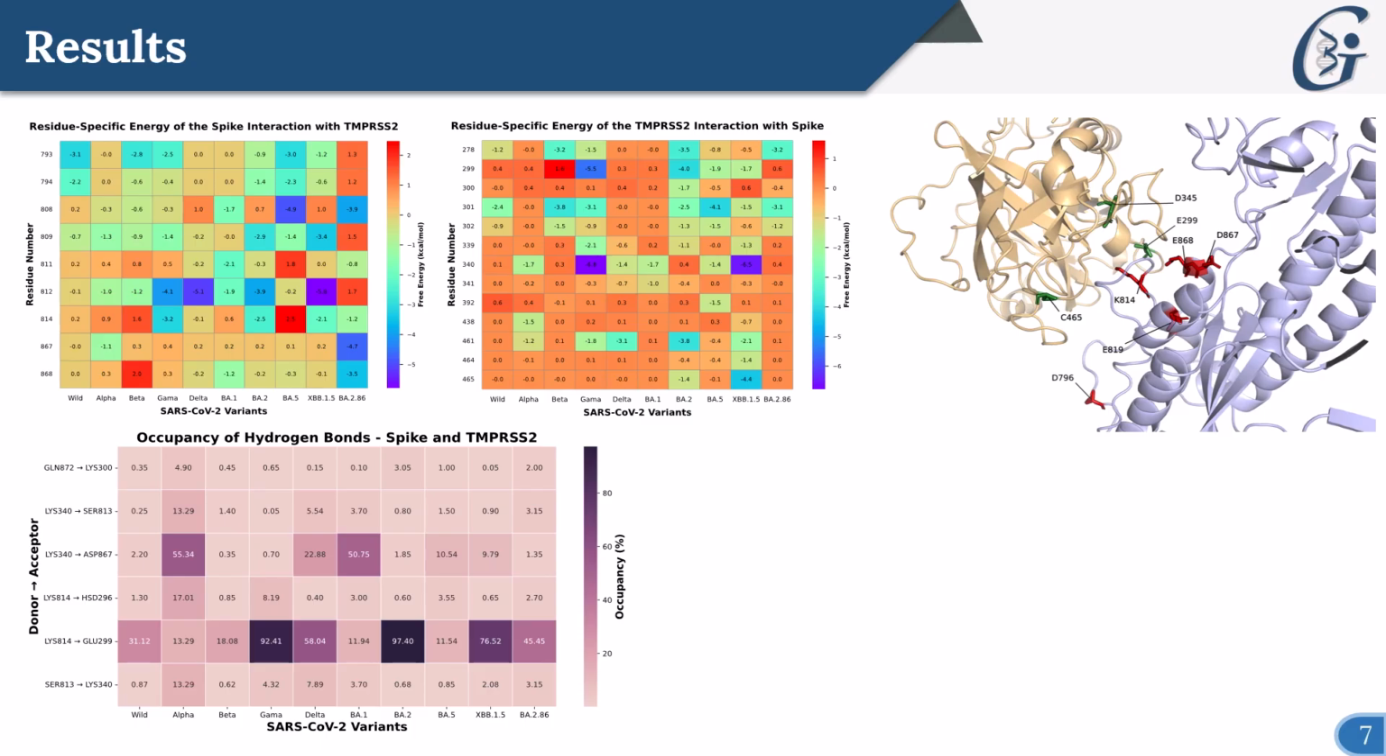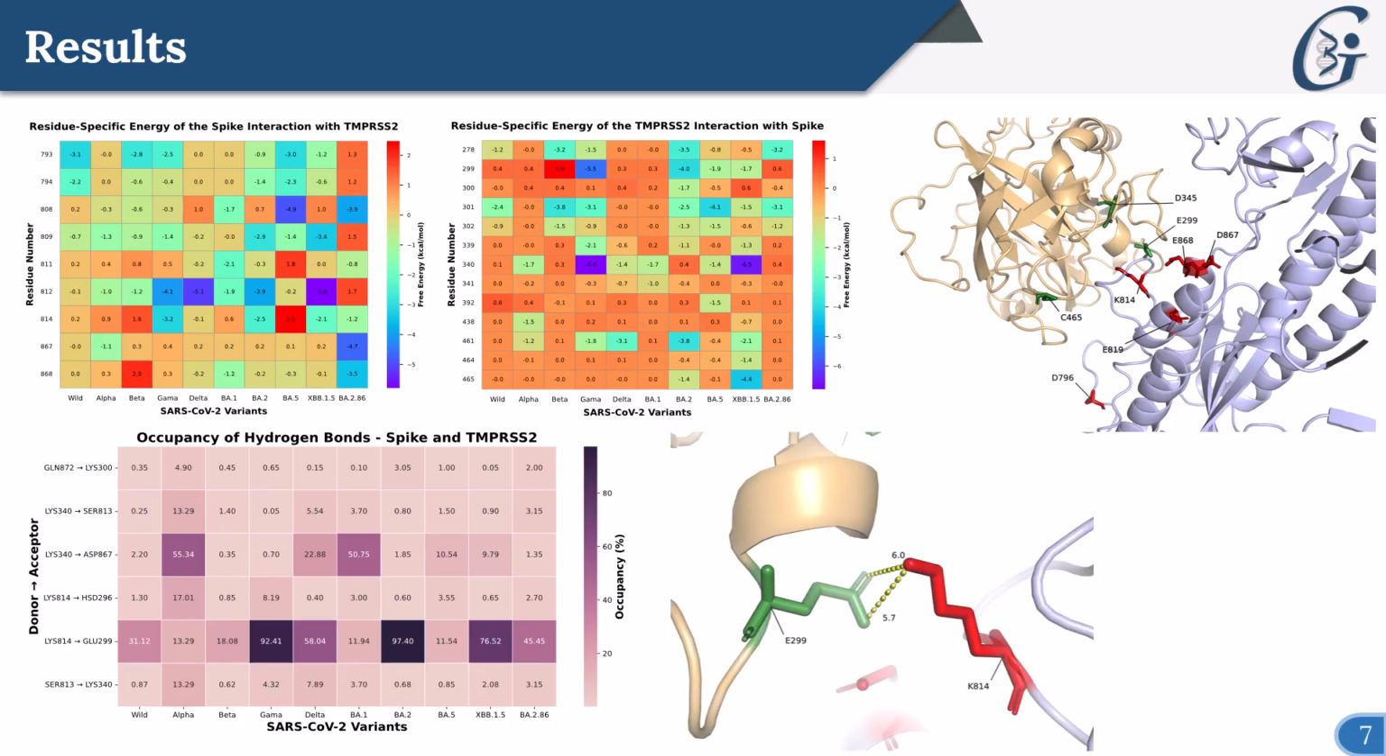In the complex with TMPRSS2, we identified key spike residues, which are D796, E819, D867, and D868, which are interacting with important TMPRSS2 residues such as E299, D345, and D465. A major hydrogen bond was observed between the residue K814 on spike and E299 on TMPRSS2, indicating a potentially critical interaction for complex stability. However, this initial analysis did not allow us to clearly determine the impact of specific spike mutations on these interactions. For this reason, we proceeded with a more detailed investigation